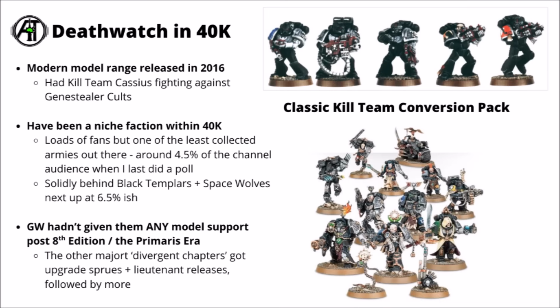For the Deathwatch miniatures that have preceded this, they did have a classic upgrade kit to upgrade teams of Space Marines to them, heading back from around the turn of the millennium sometime, but their modern model range got a release wave in 2016, so kind of just before the dawn of the Primaris, first coming out with Kill Team Cassius on the bottom right here fighting against the Genestealer cults, then being expanded into a full army with more flexible kits plus their Corvus Blackstar, though they have generally tended to be one of 40k's